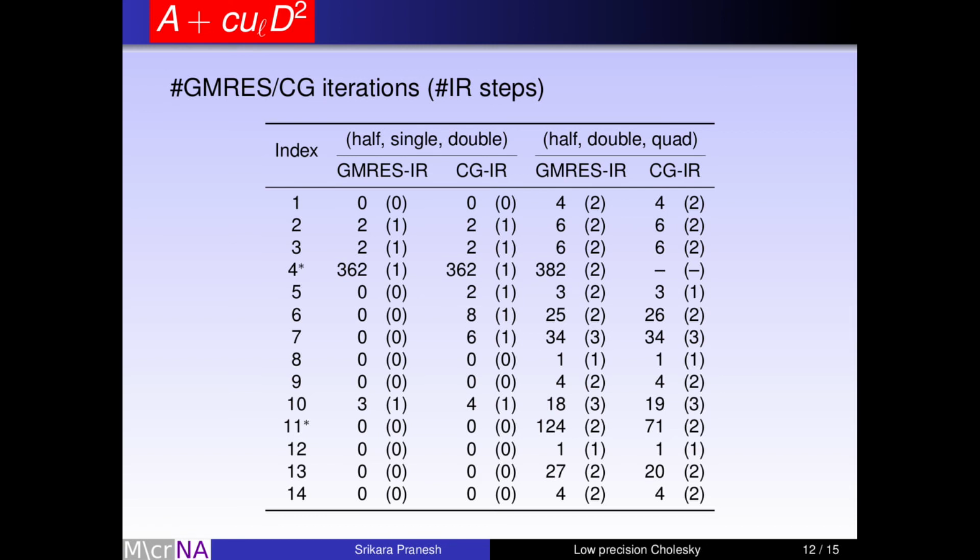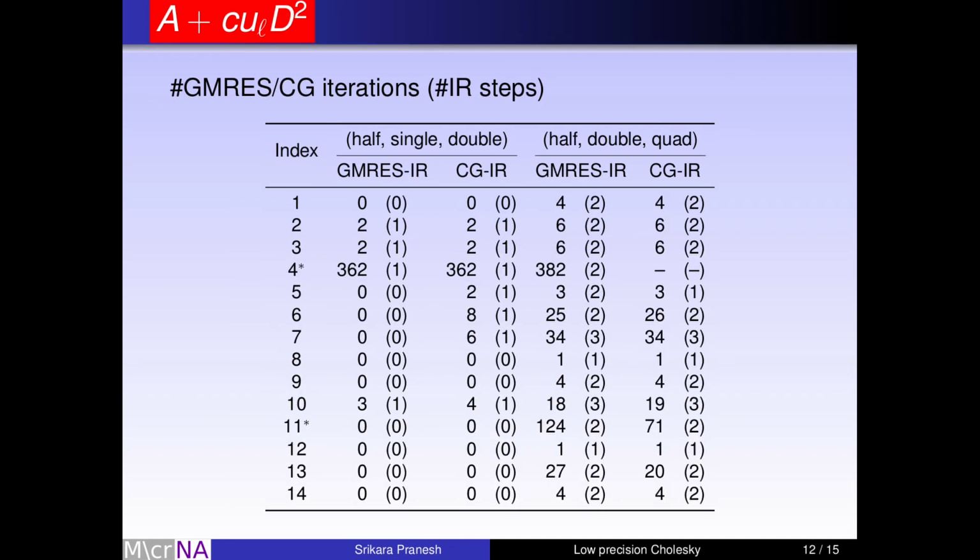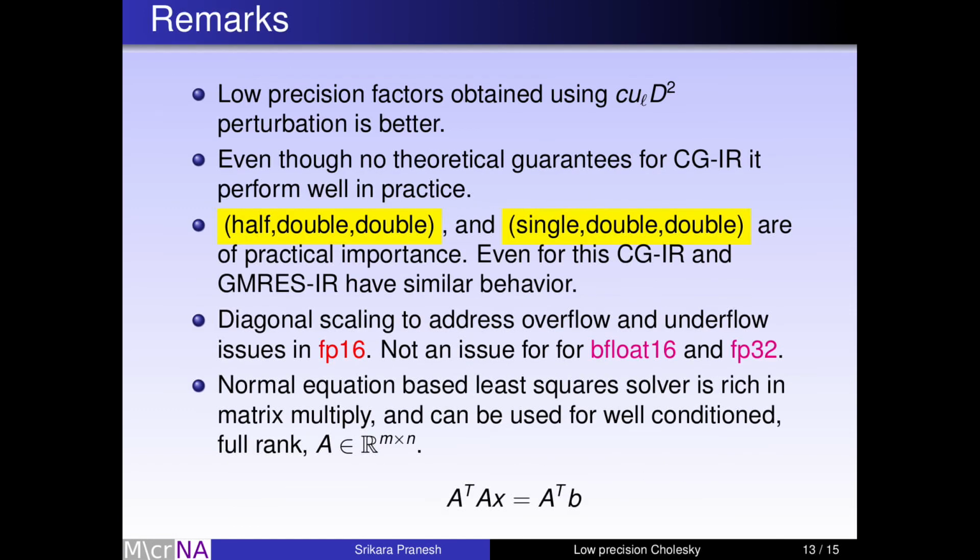So I'd like to summarize by saying that both GMRES and CG do well, but just compare the number of iterations here. So this takes a large number of iterations to converge simply because the quality of the preconditioner is not good enough. And here it takes less because this is a good preconditioner. Okay, just to summarize, performing a relative perturbation to ensure the success of factorization is a better idea than performing an absolute perturbation. Even though convergence of CG cannot be theoretically guaranteed, it works pretty well in practice for moderately